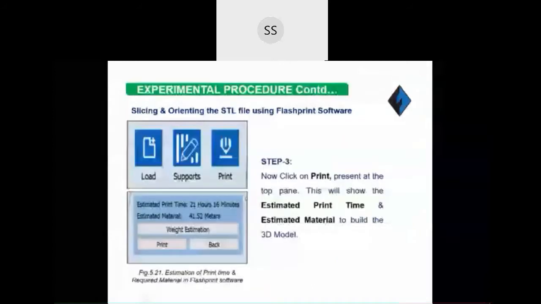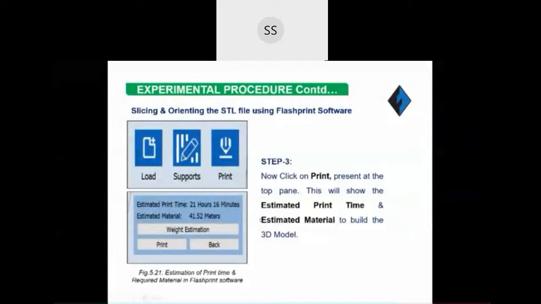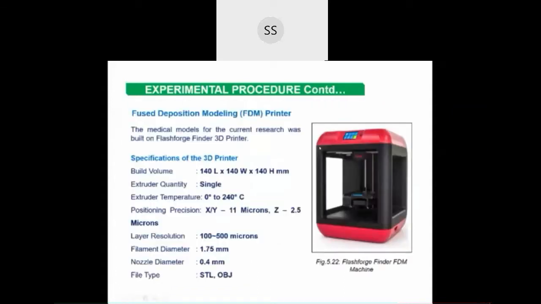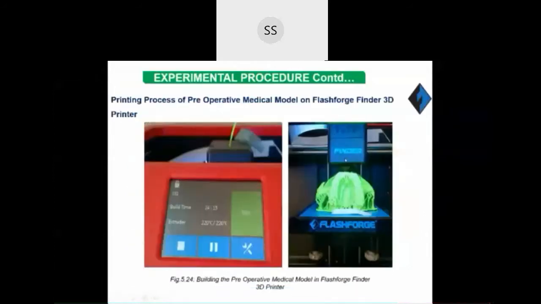And then you slice and orient the STL file using the FlashPrint software. Then we have sliced and oriented. Before the part is printed, I can get the print time, 21 hours 16 minutes, and the material is 41.52 meters. So this is the machine in which I am going to build the part. So this is what printing